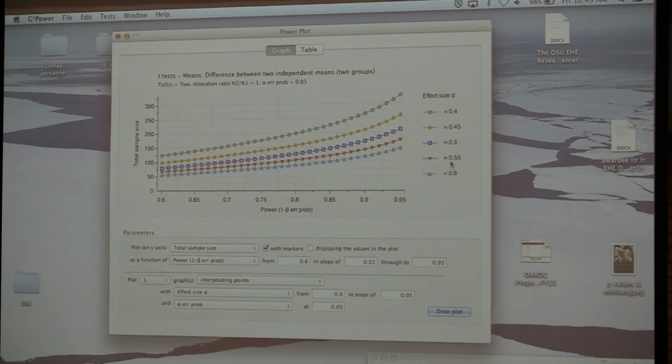So if prior research suggests that your effect size is somewhere between 0.4 and 0.6, you can say, okay, I need at least 75 to 80 participants if we have a stronger effect size, and if our effect size ends up being a little bit lower, then we could need as many as 200 people